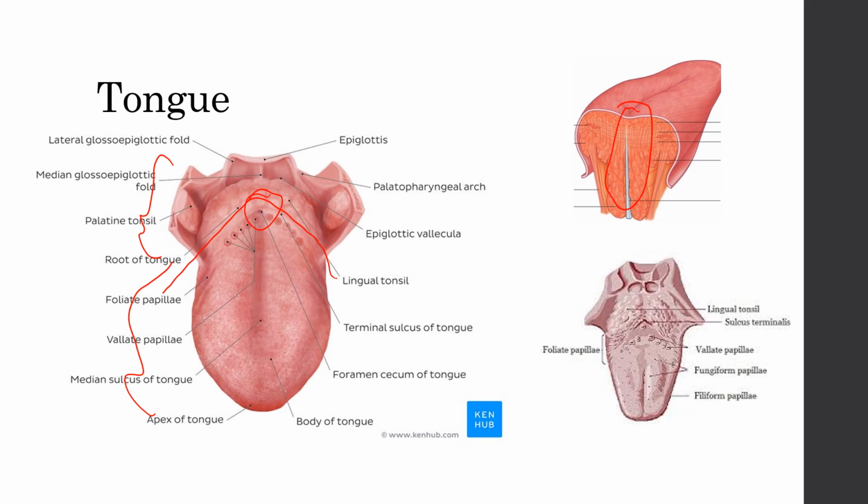The anterior 2/3 of the tongue contains 3 types of papillae. Filiform papillae, which give the velvety appearance of the tongue, and fungiform papillae, situated more towards the edges, and vallate papillae, situated just anterior to the sulcus terminalis. And on the posterior part of the tongue, there are foliate papillae, situated on the lateral aspect of the tongue. The posterior 1/3 contains mucus and serous glands and aggregations of lymphoid follicles, which together are known as the lingual tonsils.